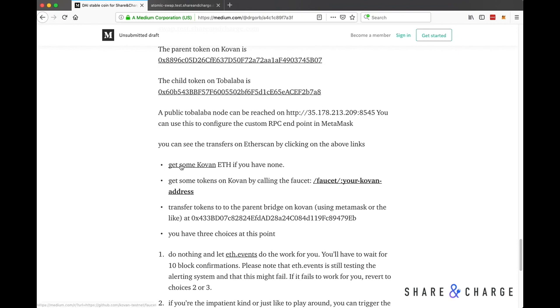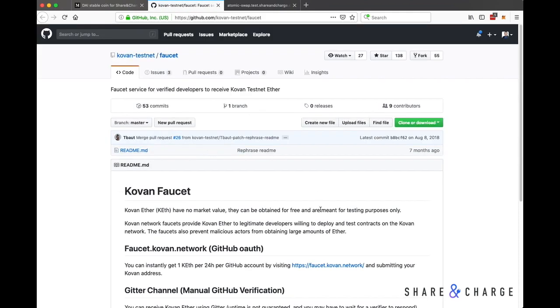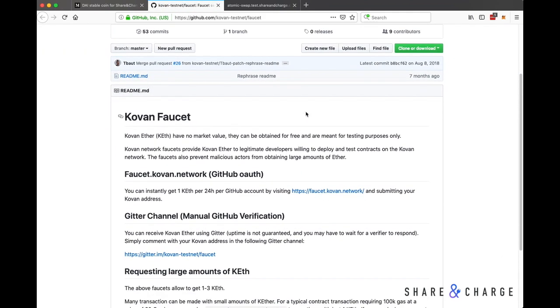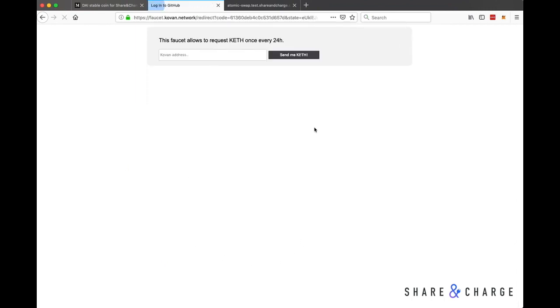I can get some Kovan Ether by going here to the faucet, and it explains how to use the faucet. The easiest way is simply to go to this address, log in with GitHub,